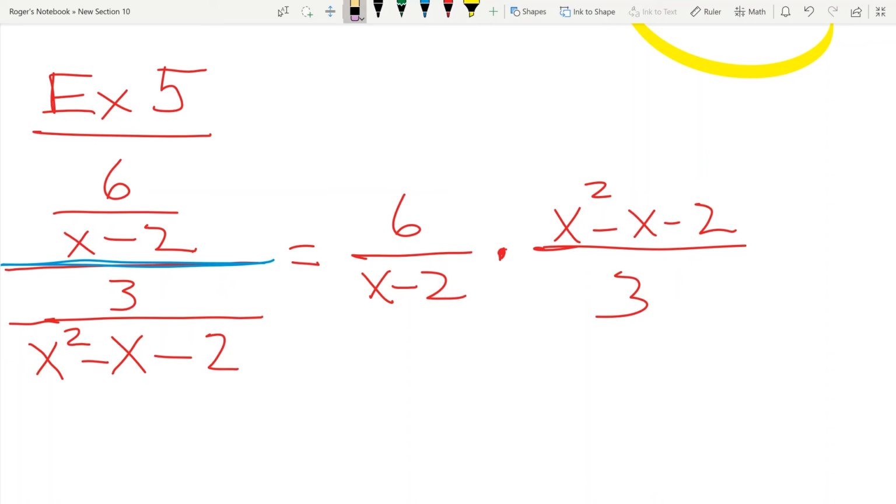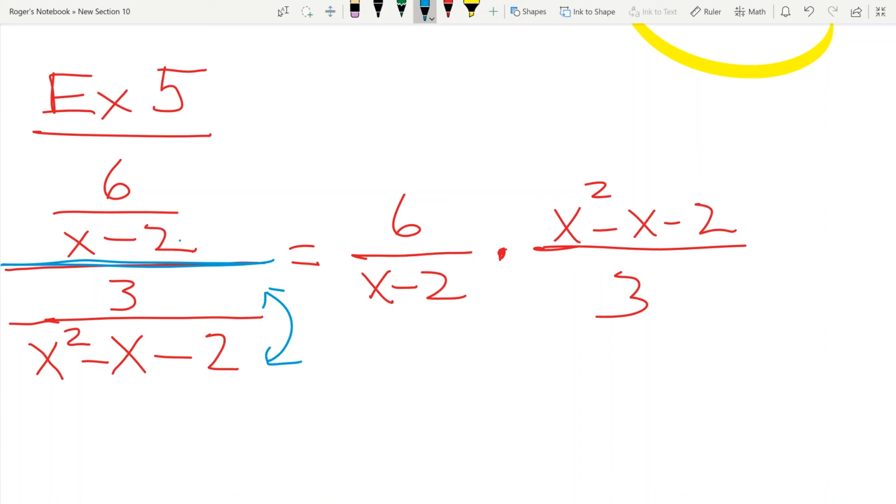Okay. So 6 over x minus 2 times x squared minus x minus 2 all over 3. So invert the bottom fraction and multiply. Okay? So we are taking these two, flipping it over and changing it to multiplication. All right. Now, we can do some canceling, and possibly by factoring the upper right, we can then also cancel